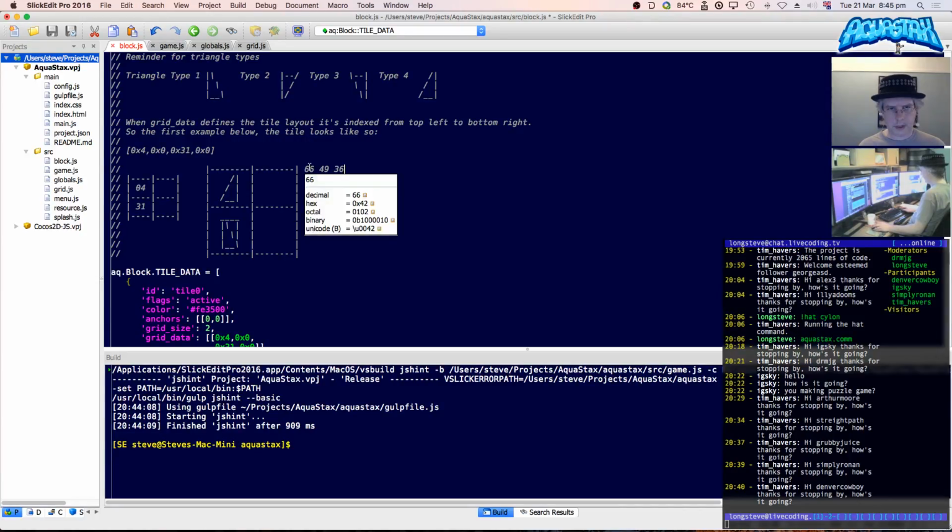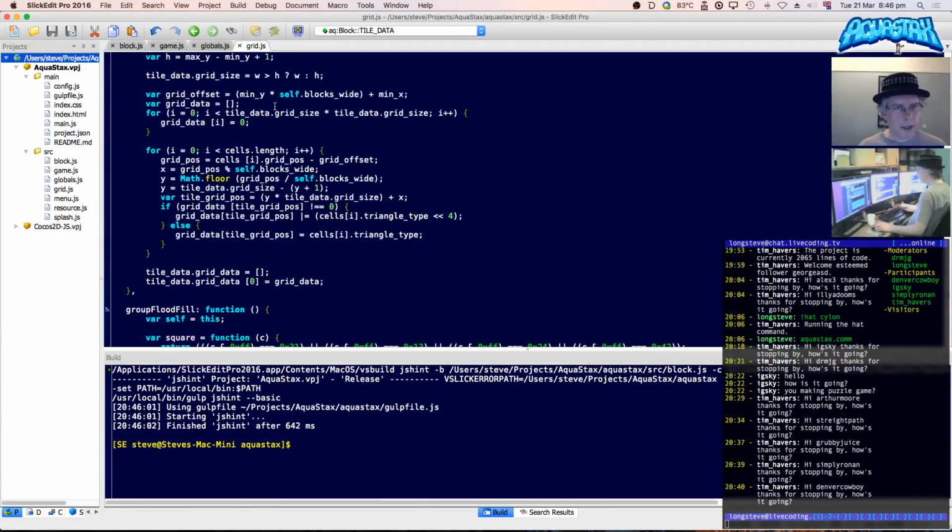66 is 42. I'm looking at type triangles 4 and 2, which is fine. 49 is 31, which is that one. What's 36? It's a 24. Oh, it's the other way around. So it's a 4 and a 2, or a 2 and a 4. Of course it is. Okay, so they are fine. Good. So that's a good thing. That's a good sign. So now what I want to do is, when the block lands, or at this point,